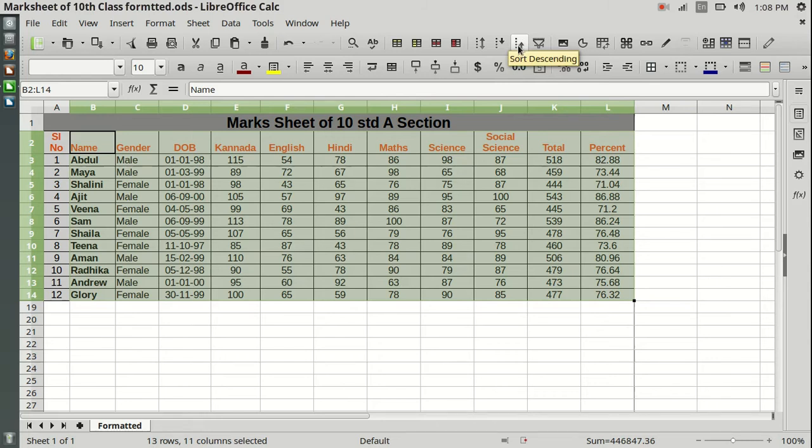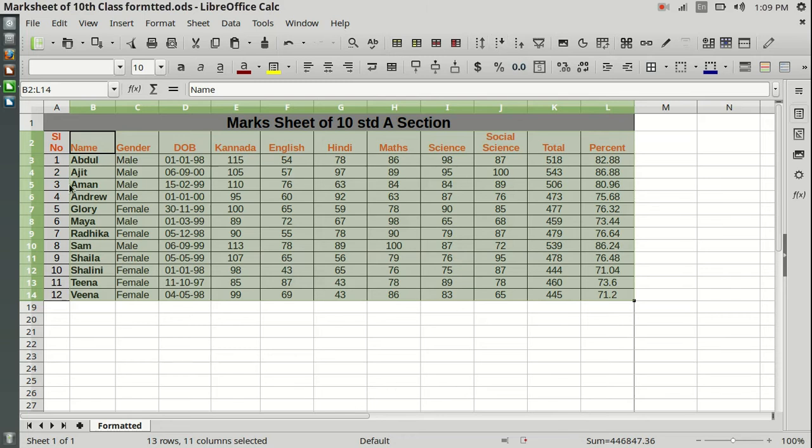Right now I want sort ascending, so I click on this, and we will notice that all of this data that has been selected will change, but the serial numbers will also get mixed. For example, Abdul has the serial number or roll number 1, and Maya has roll number 2, but Maya may be listed way below. We will notice that change. So I've selected this and I click on ascending,